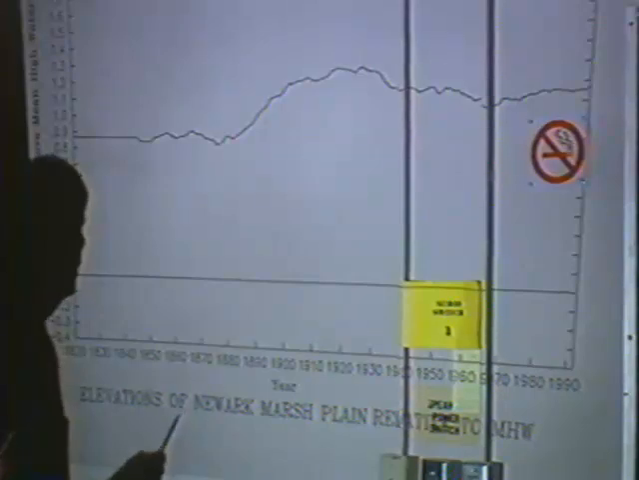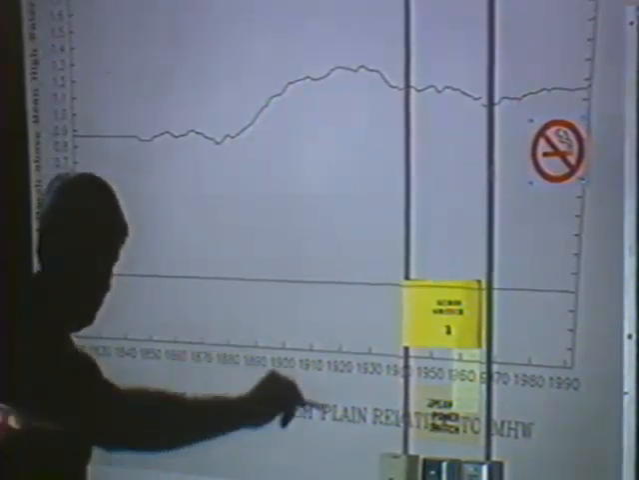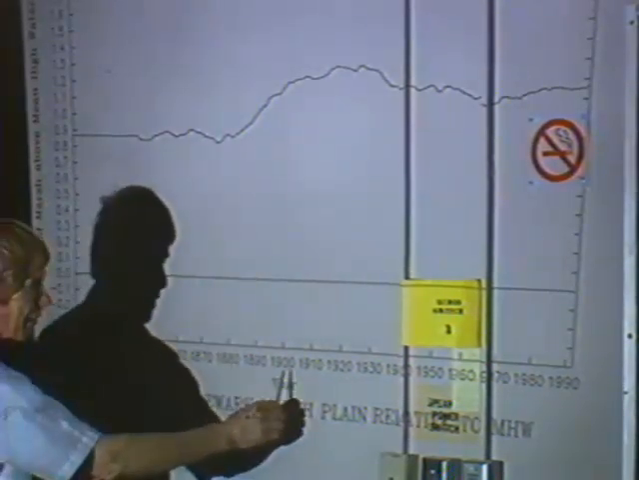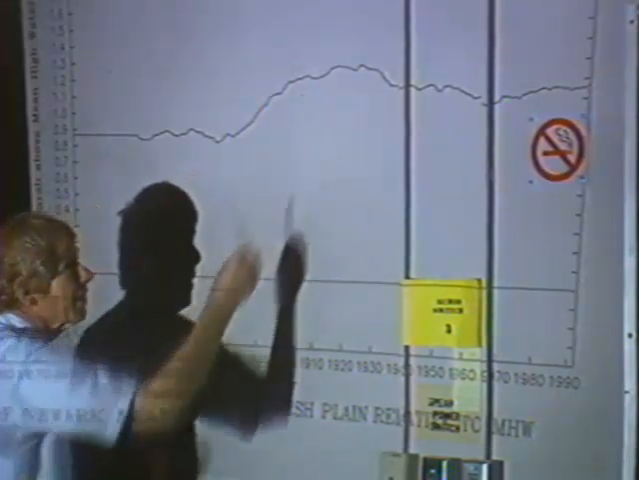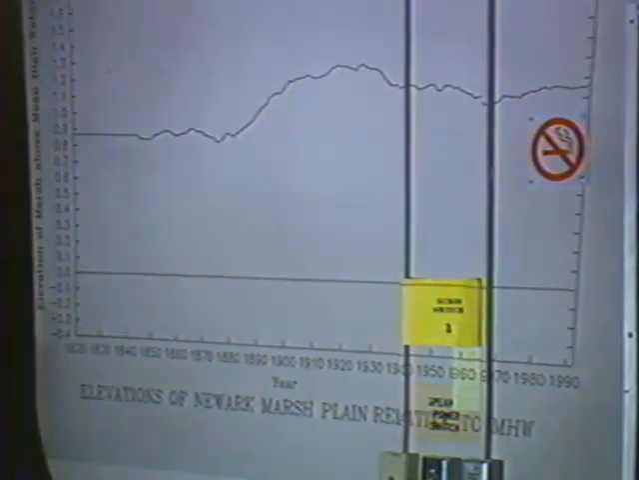Then during that period when sea level actually diminished, remember, from about 1880 to 1920, you can see that it rose here. And then it leveled off and fell off a little bit due to subsidence, but otherwise it just rose as sea level rose. The other marsh, however,